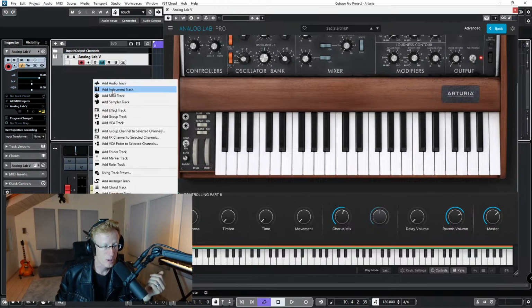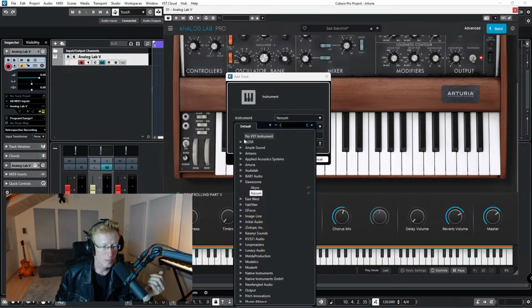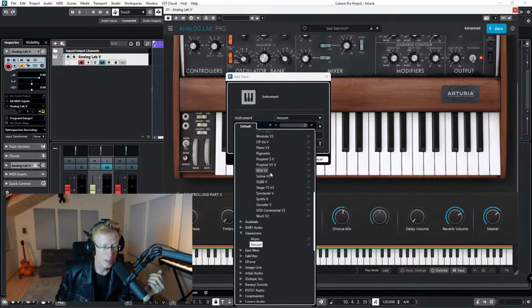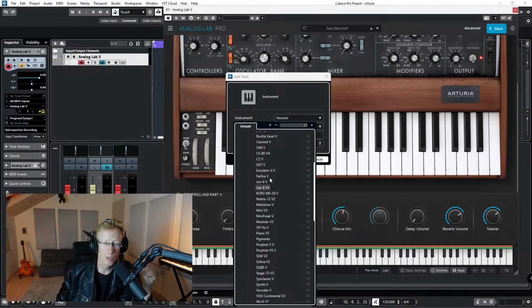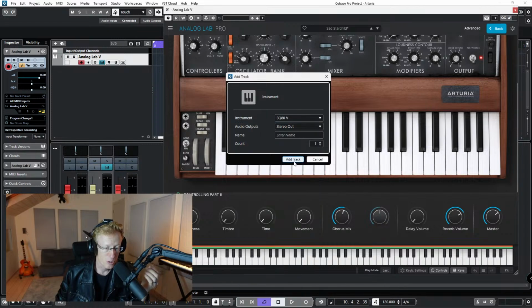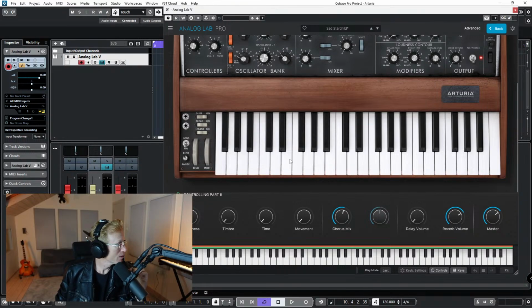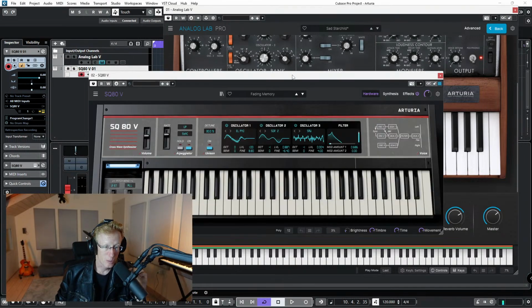I can of course go into the Arturia here, into the synths, and I have everything separated here. But sometimes it's cool to find whatever sound and then dig into it through the Arturia Analog Lab. But definitely you can go inside here and find all these instruments. One of the best instruments, one of my favorite is the SQ80. So that one is really cool,